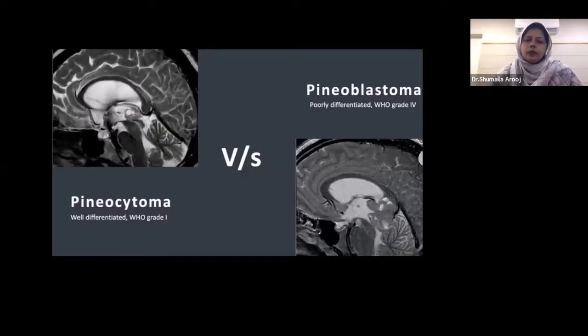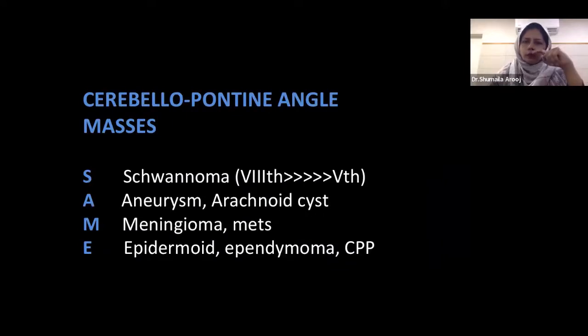So the difference between pineocytoma and pineoblastoma is that pineocytoma is a WHO grade 1 lesion, whereas pineoblastoma is a WHO grade 4 lesion. So it will be more heterogeneous, it will be more aggressive in feature, there will be multiple areas of internal necrosis, whereas pineocytoma will not be causing much mass effect on the surrounding structures. It is a relatively benign lesion. So with this, we move on to the cerebellopontine angle masses, and a very simple mnemonic for these